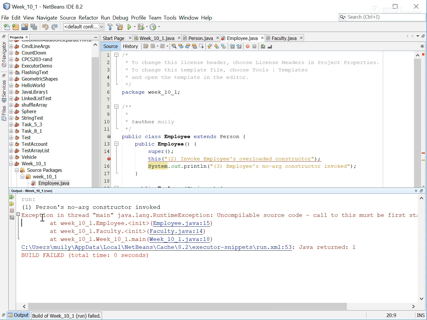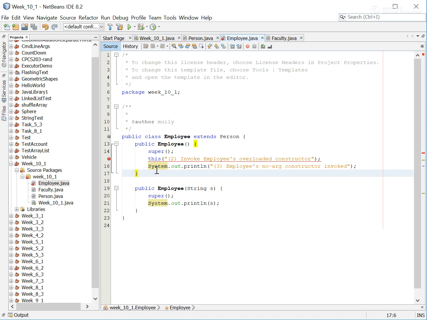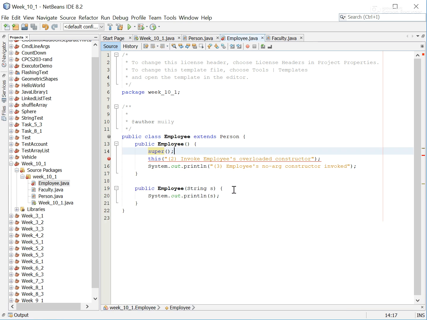Aha. Call to super must be the first statement. So we get a problem over here. We're calling the superclass's constructor when it's already been called over here. Okay. We remove this. Try this again. Still having trouble because this will again